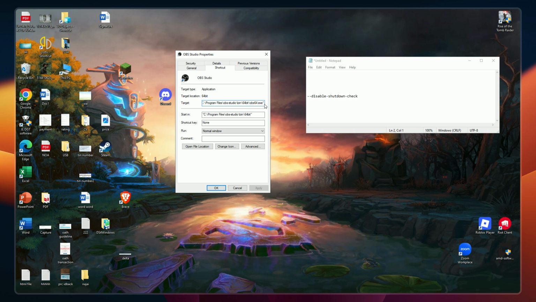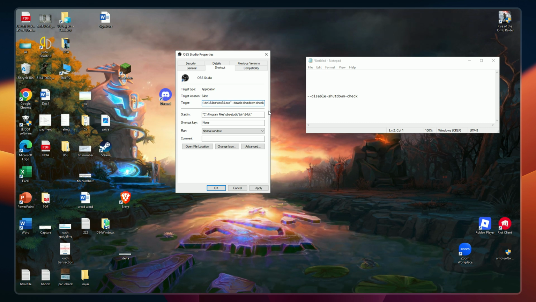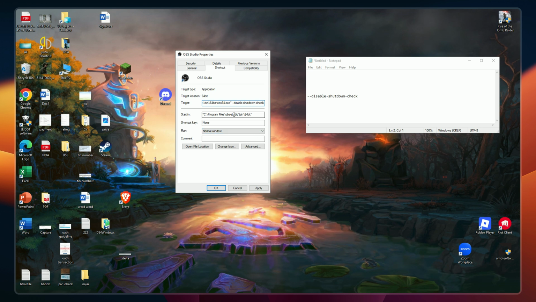You're about to add a special parameter that will bypass the shutdown check that's been causing your error. This parameter tells OBS to skip certain safety checks during startup and shutdown, which often resolves this particular issue. Now, carefully add a space after the existing path, then type --disable-shutdown-check. Make sure you type it exactly as I mentioned, with 2 dashes at the beginning and single dashes between each word. This command line argument modifies how OBS handles its shutdown process and should eliminate the safe mode error